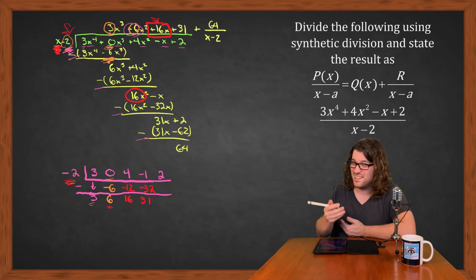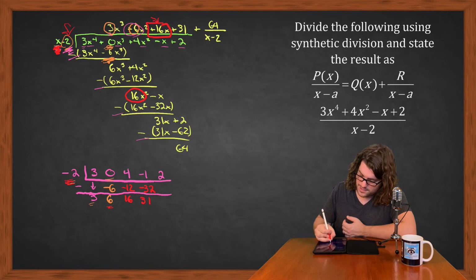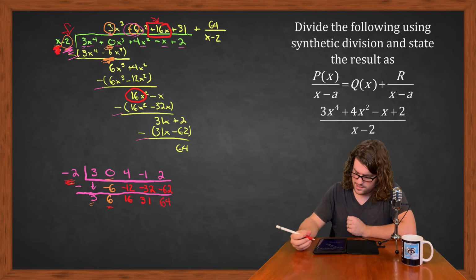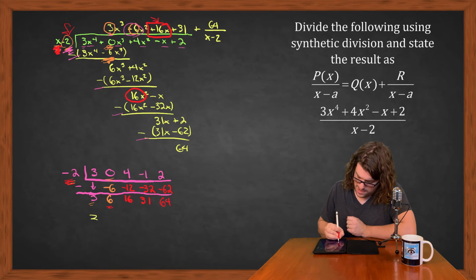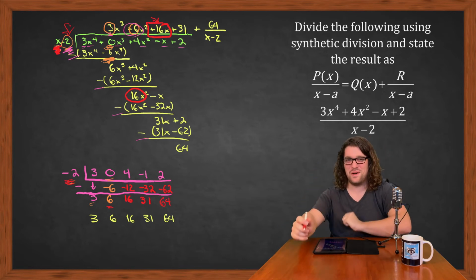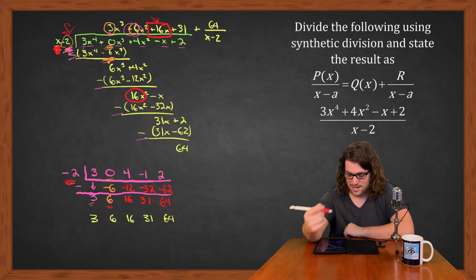If you look up above, you can see where the 31 is. -2 times 31 gives us -62. Subtracting that -62 from the 2 that comes above it is 64. So our answer in the end is, if I copy it back down so you can see it, 3, 6, 16, 31, 64. So this is code, but it is the code that tells us the right answer, because